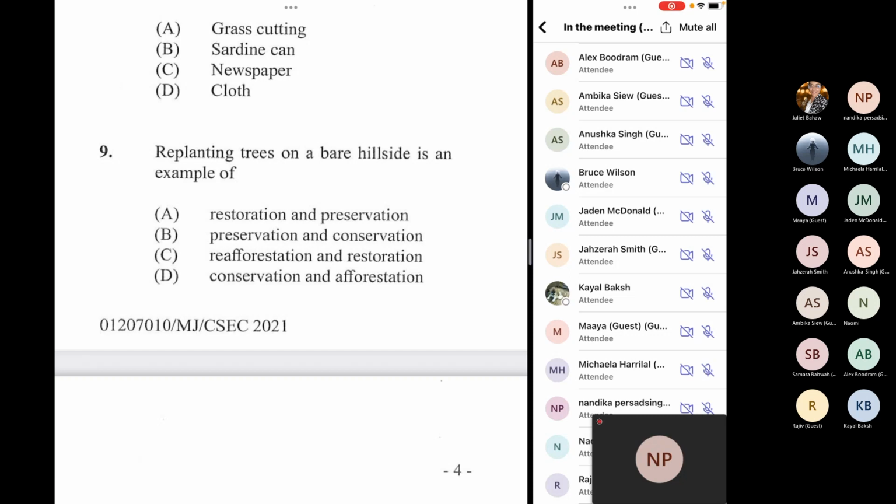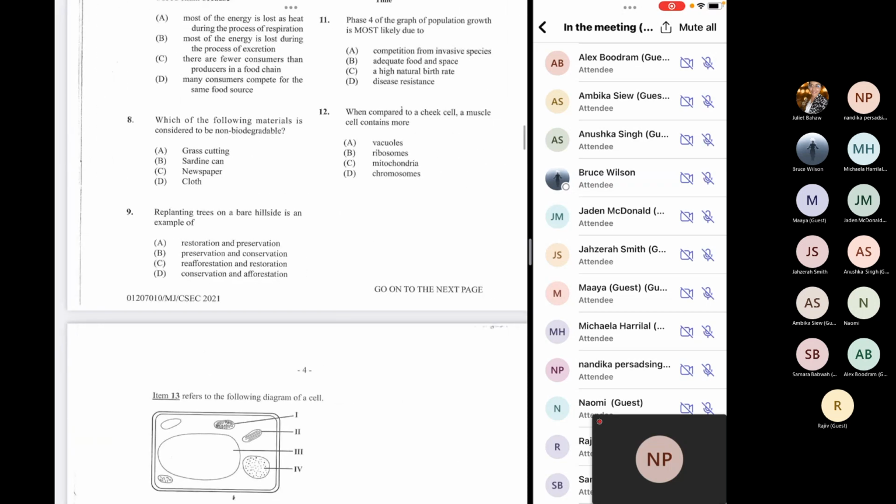You have methods where you try to make it longer lasting, paint it over, or put it under cover to prevent it from getting damaged by the weather. Conservation is when something is being used up, you try to limit the usage. So you're trying to save on it. Conserve means to save. All right, so those are some terms that people mix up sometimes. Number 10,